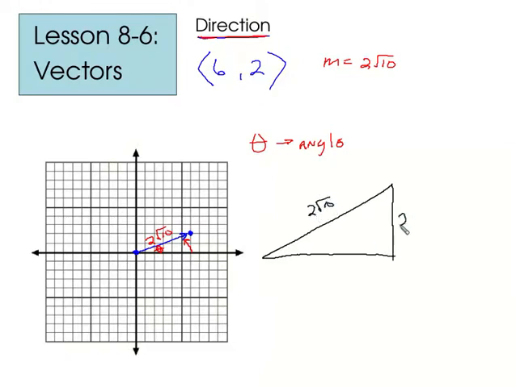We know that this side length is 2 and this side length is 6, and we're trying to figure out what this angle is. Well, we could use any of our trig functions, but sticking to whole numbers, let's use tan. The tangent of that angle measurement is going to be equal to 2 divided by 6. And that means that our angle measurement is going to be equal to the inverse of tangent, or arctan, same thing, of 2 over 6, or 1/3. And typing that into a calculator, we find that the inverse tan of 1/3 is equal to